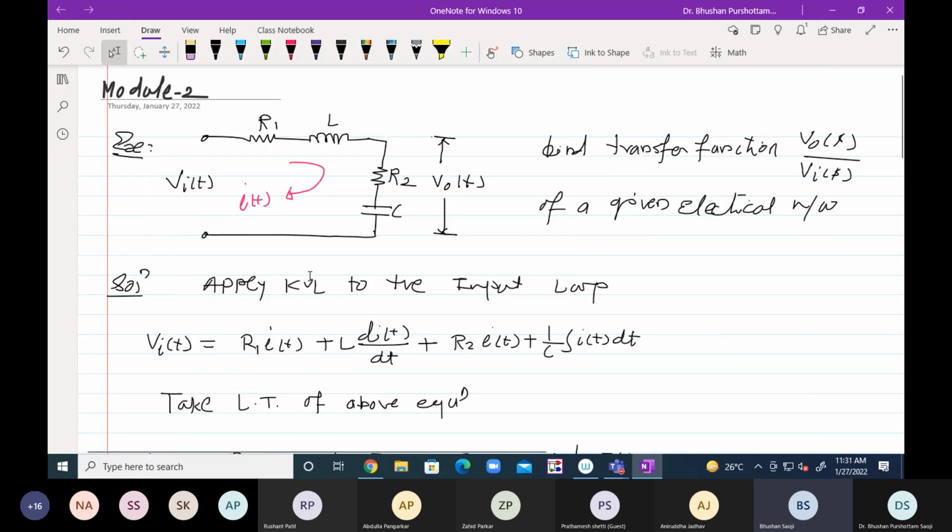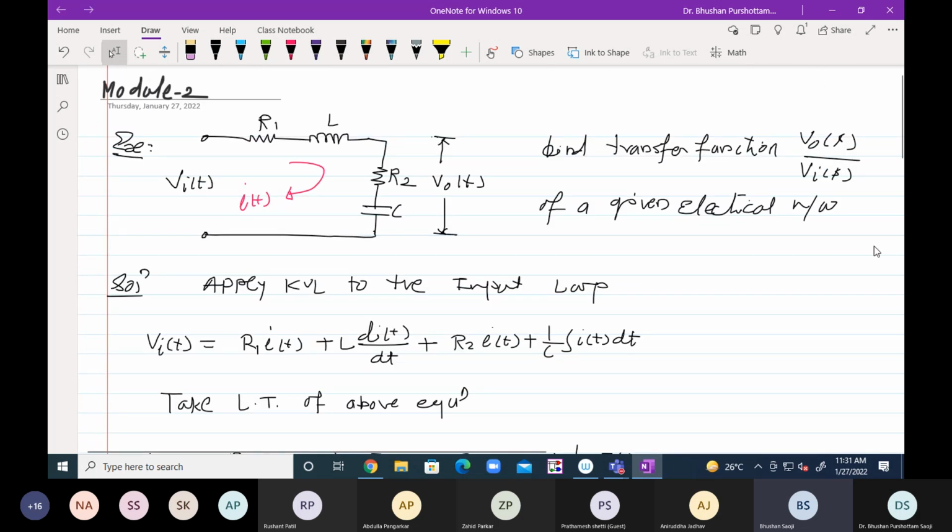Okay, now I have started the recording. So this is the example given. V of t is the input, which is connected to the given network, that is R1, L, R2, C, and the output is taken across R2 and C. We have to find out the transfer function V0 of S divided by Vi of S of a given electrical